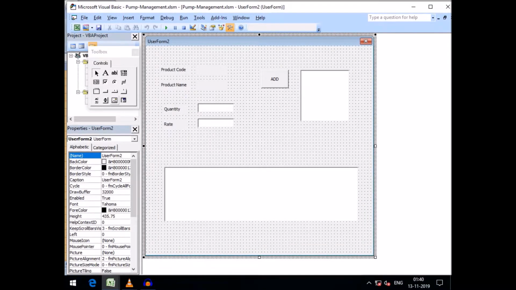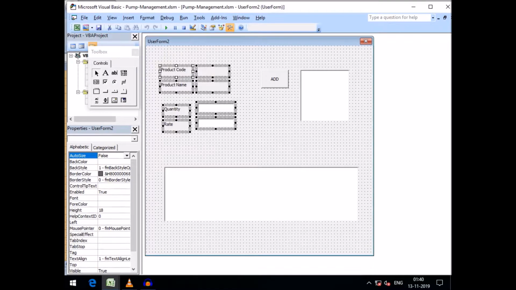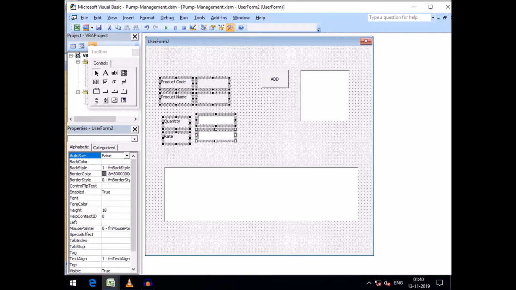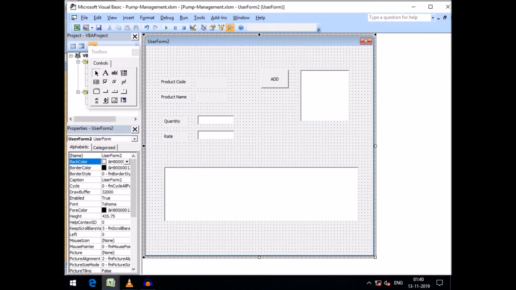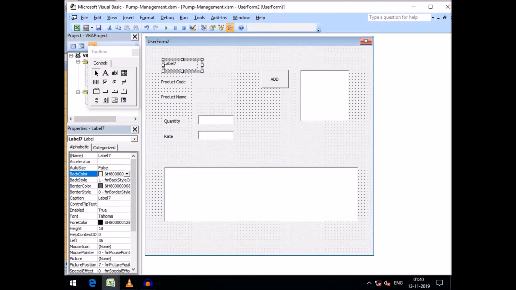Just going to our form and taking a label, making a space on the top like this and taking a label here,